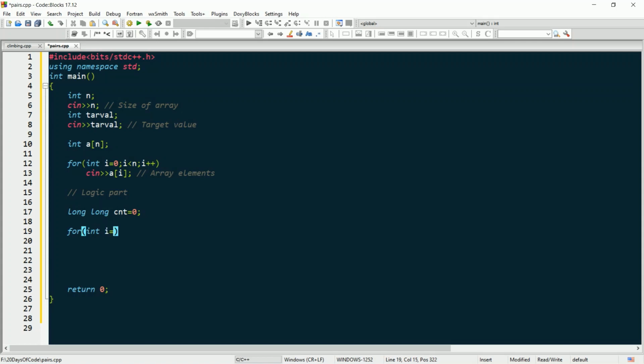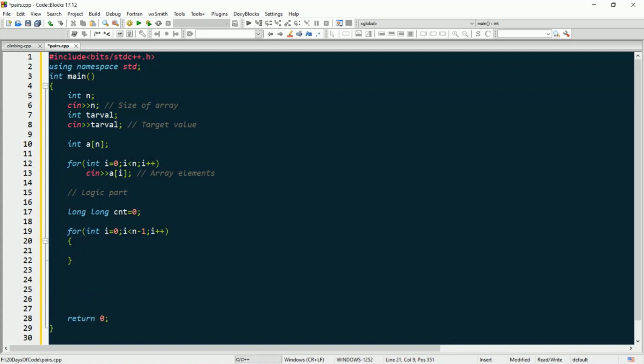We will run a loop from 0 to n minus 1, and within this loop we'll run one more loop from i plus 1 to n. Now it's time to find the difference of the pair.